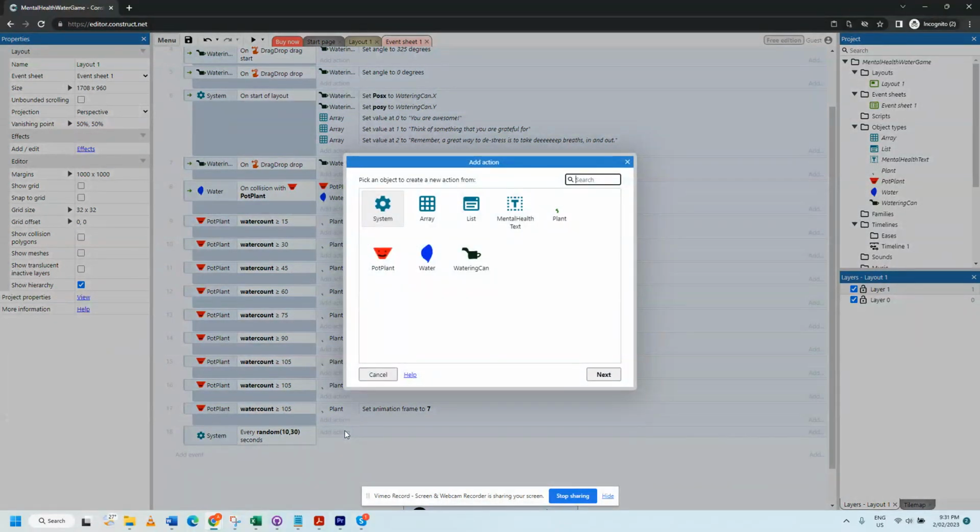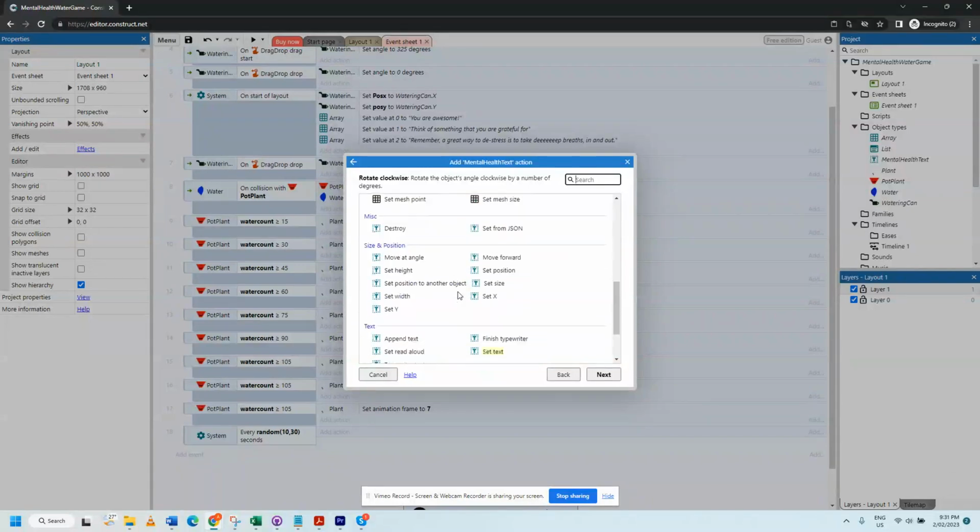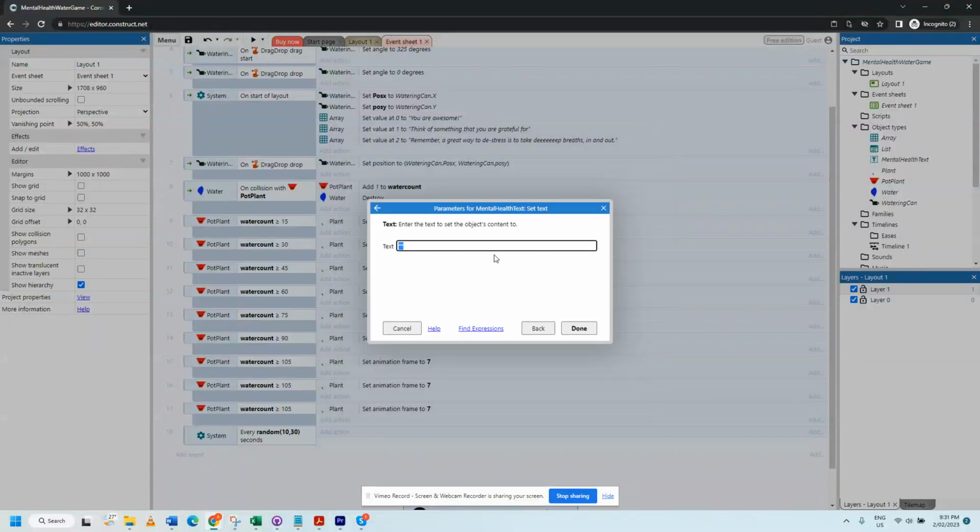So at action, I'm just trying to think of how to do this in the least amount of text here. So set text to array dot, set text at